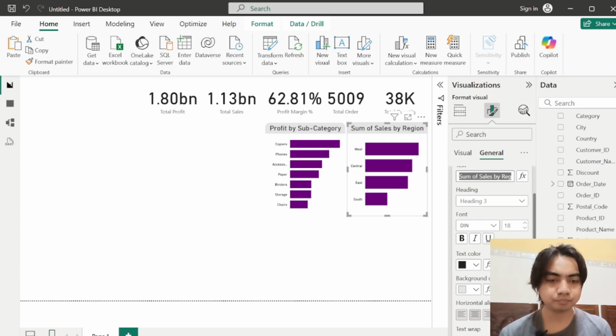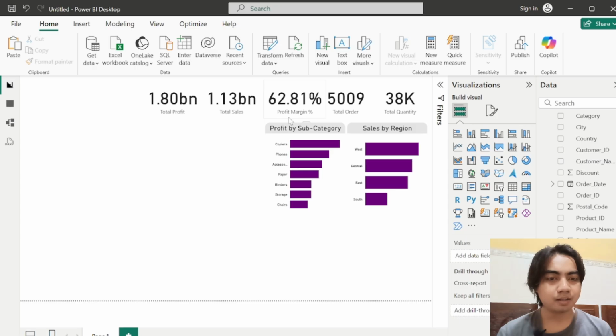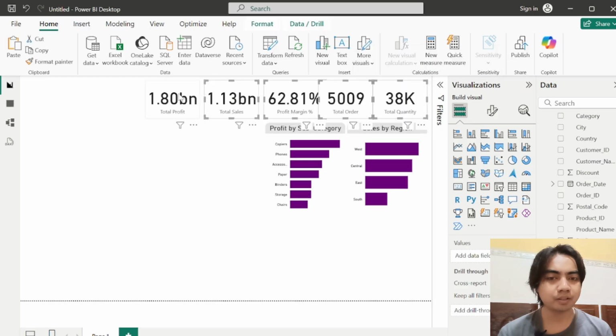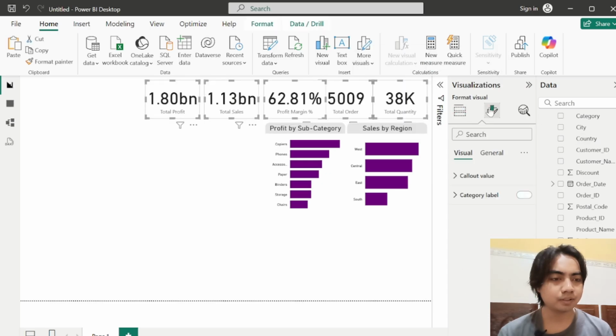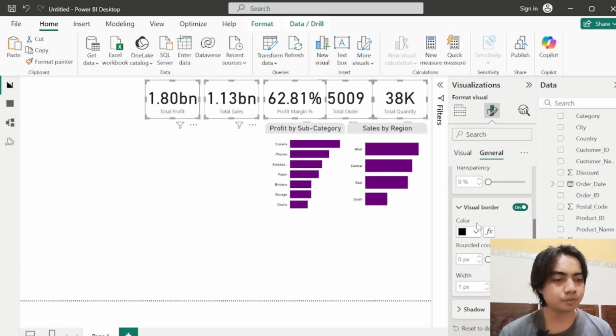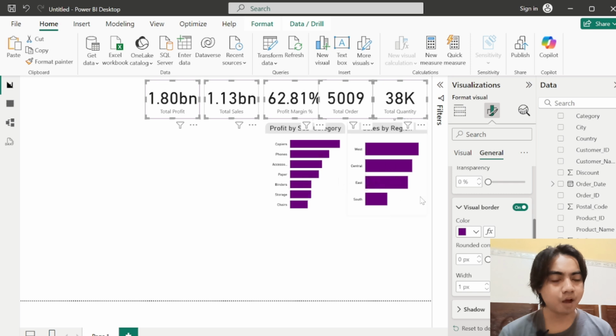and this is going to be sales by region. Okay, I guess this seems pretty nice. And also, I want to modify my KPI card. Let's go to effect, and then go to visual border, and I want to turn on the visual border, and let's use a color of purple, just the same color as our bar,